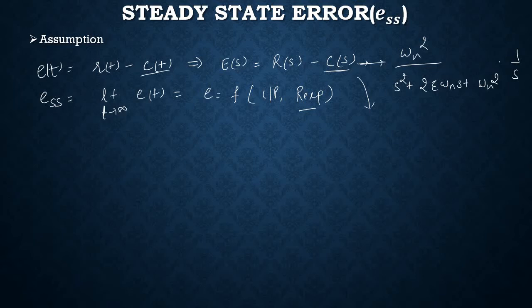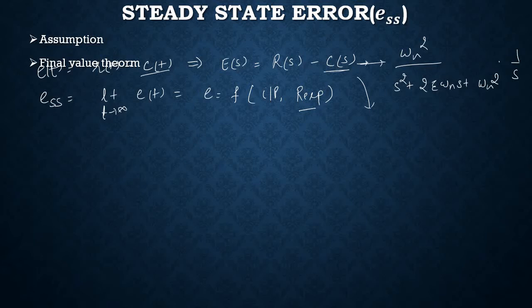This is a rather exhaustive process, especially when we analyze the error of higher order systems like third, fourth, fifth, sixth order systems. Then this process becomes very exhaustive. But as we already know, we are like a first order system, lazy and sluggish. We just need to optimize our effort and time. For that we need to find a way, and we come out with a theorem called the final value theorem, that makes our life a little easier while calculating the steady state error.